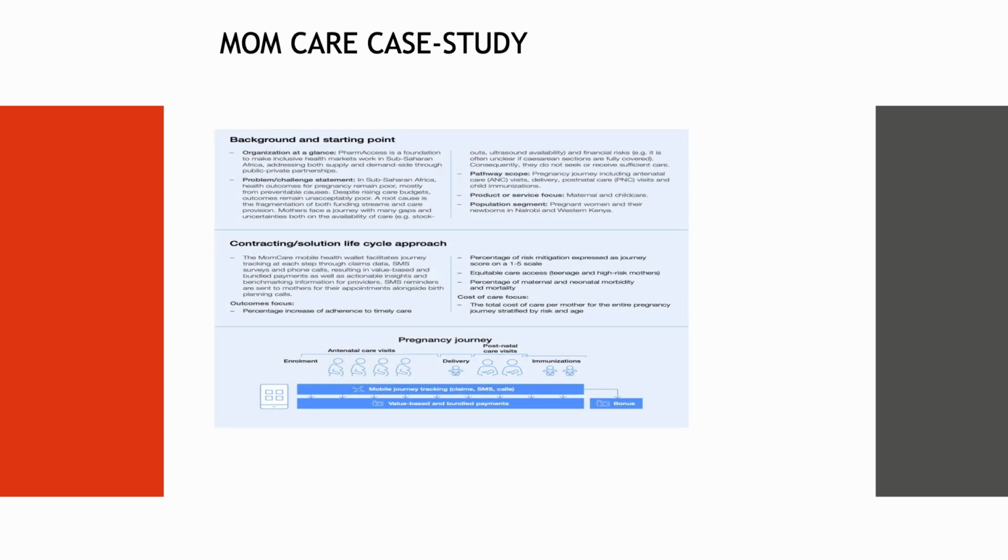The government intervened. There was significant provision for increased care budgets for this particular situation, but it did not improve outcomes or quality metrics. Farm Access, a foundation that addresses healthcare gaps in Africa, attempted this bundled pay model, which